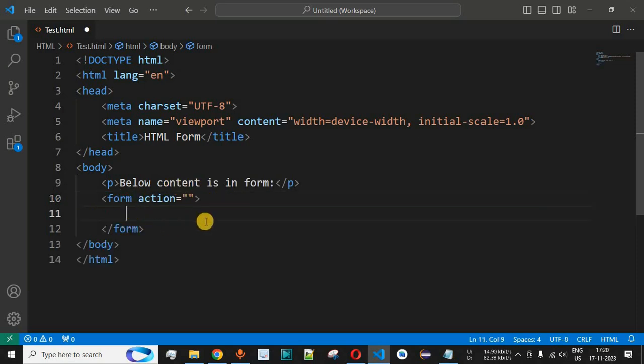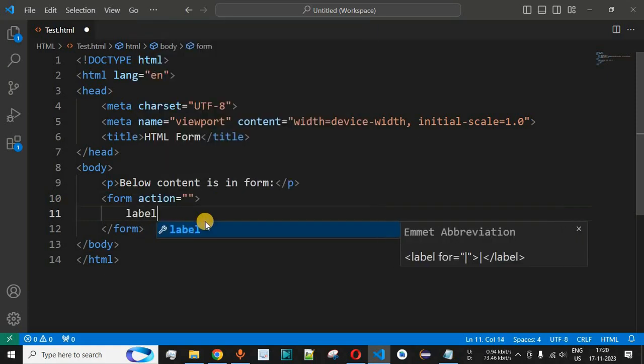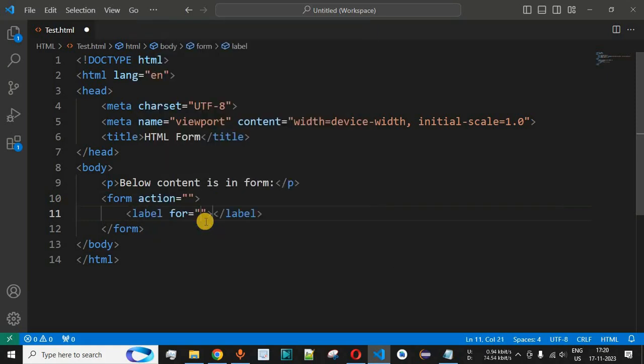Now guys, inside this form tag, first of all we are going to have the label that will define what input the user is expected to provide. So basically we are going to ask the user for first name over here. So guys, this is nothing but a simple text that will be displayed on the browser. So first name followed by a colon in this case. This for attribute is present by default, and I am going to explain you what value should come inside the for attribute in some time. So guys, basically this is just a label that we have defined. Now let me just save this file now and show you how it looks on the browser.